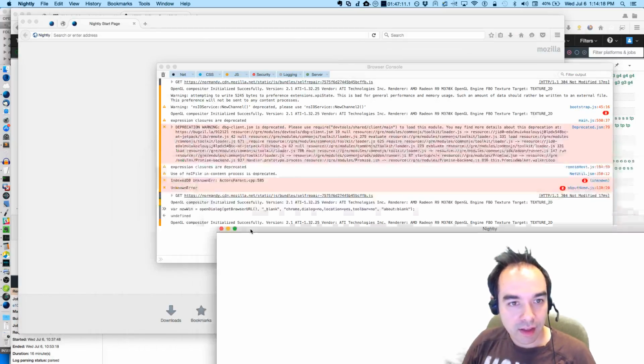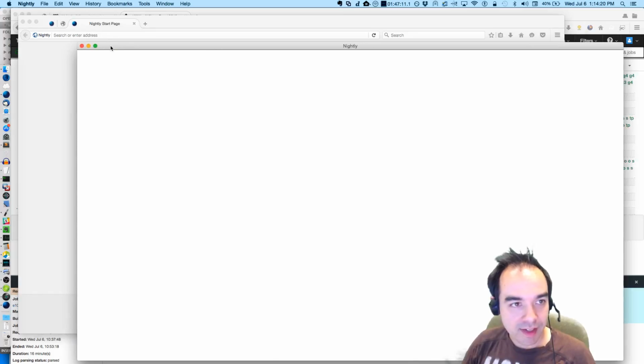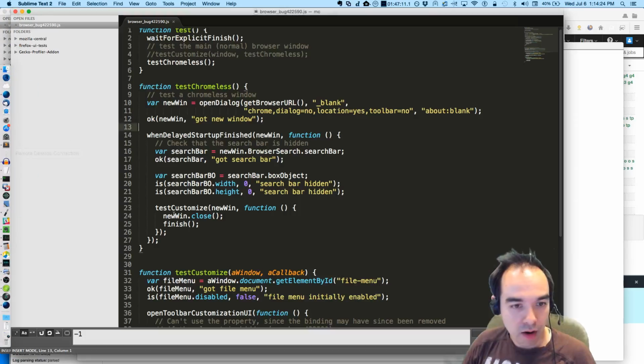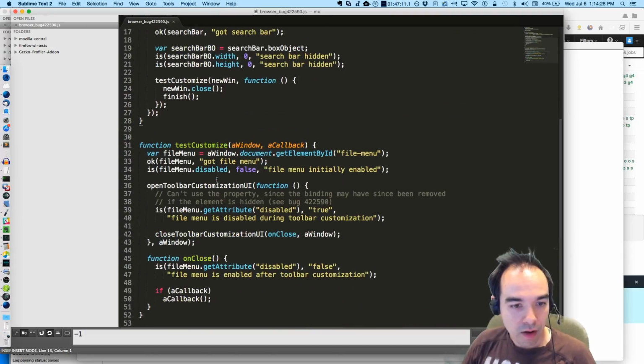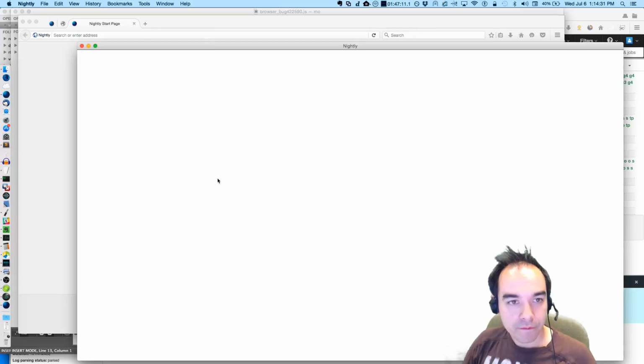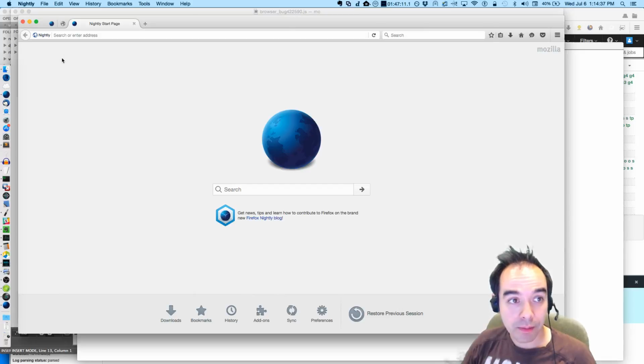Interesting. See, the window opens, but it doesn't have the location bar. That's really interesting. So the location bar is missing, and it definitely should not be missing.